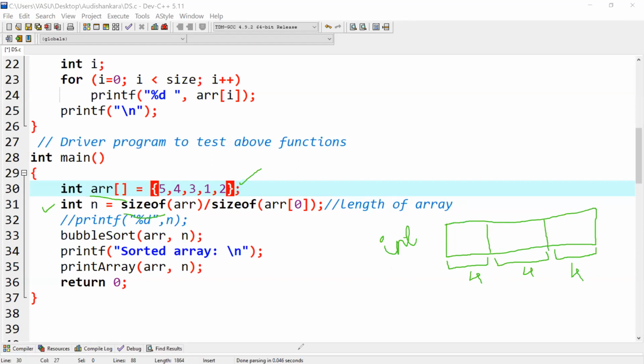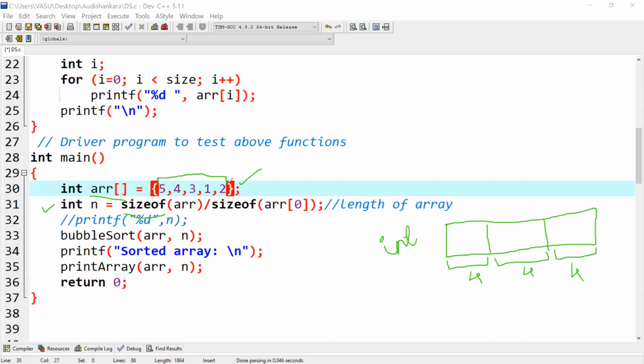Size of array. What will it be now? For this particular array over here, which I have drawn in green, what will be the size of this array? Yes, easy. This block is of 4 bytes. This is of 4 bytes. This is of 4 bytes. Means the total size of this is 4 plus 4 plus 4. That is 12. Okay. Getting this?